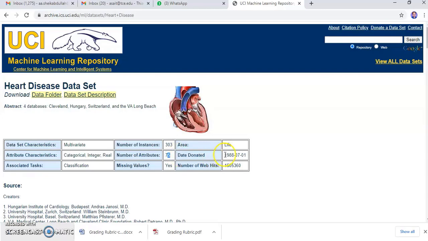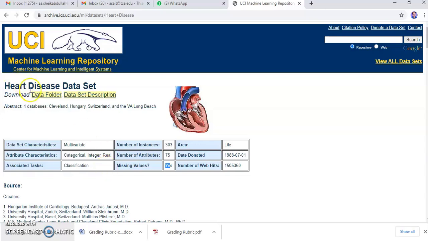Who donated the data set, the task associated with the data set, and whether there are any missing features in the data set. Like this, different characteristics will be summarized in the table. From the table we can infer what the data set is like.